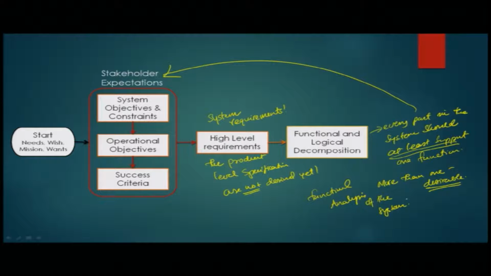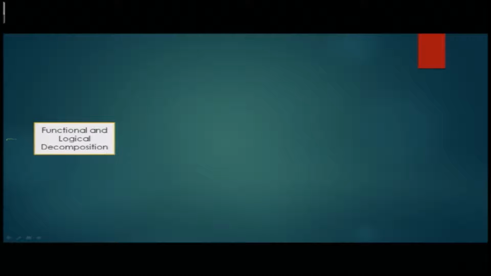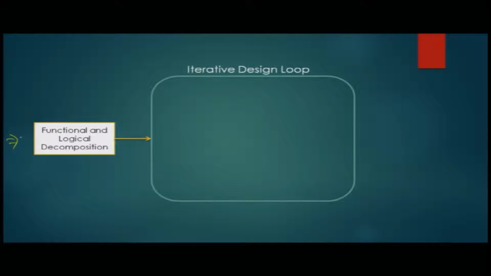Okay. Once you reach this level where you have a functional and logical decomposition, then we will look into the next sequence of how the operations get. So, all the things before, we are kind of hiding, and there is other stuff behind this, but we are not discussing that at this point. We already covered that discussion. From there, we get what we call an iterative design loop. Okay. And this iterative design loop to a large extent is a 3-step process,